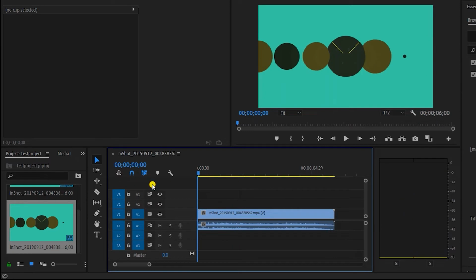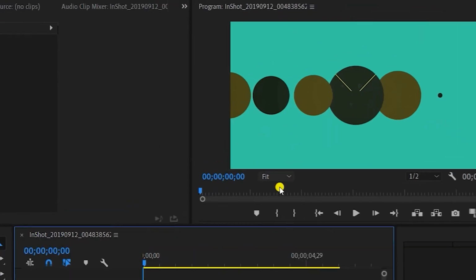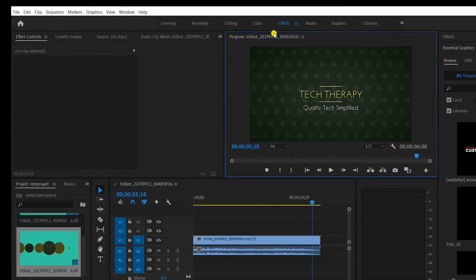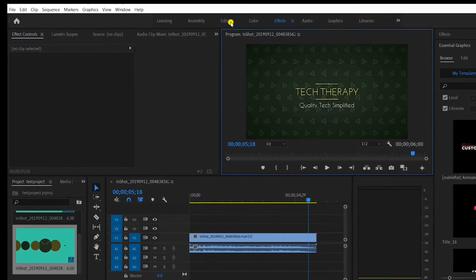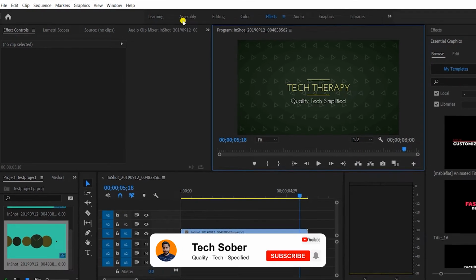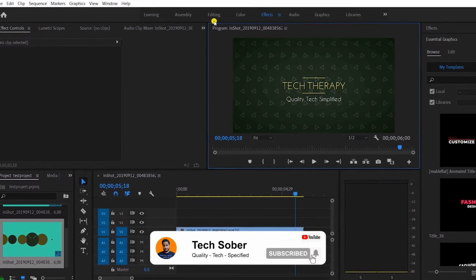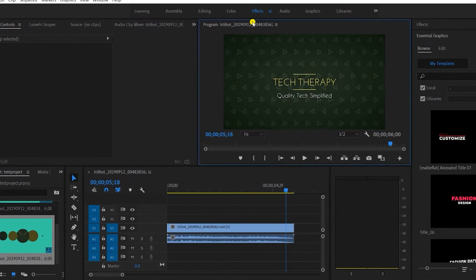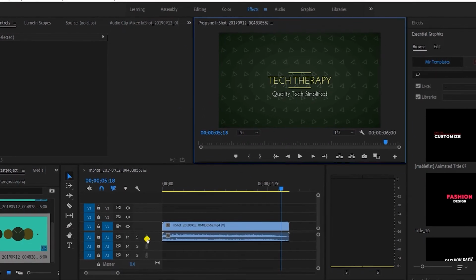As soon as you put your video on this timeline, this window will pop out, which will show all the editing that you have done in the timeline. As you can see, this is the effects panel, and similarly there are many other panels over here, which we'll talk about later. Every panel serves a different purpose that would be beneficial for you in some specific kind of editing. So right now let's continue with this effects panel.